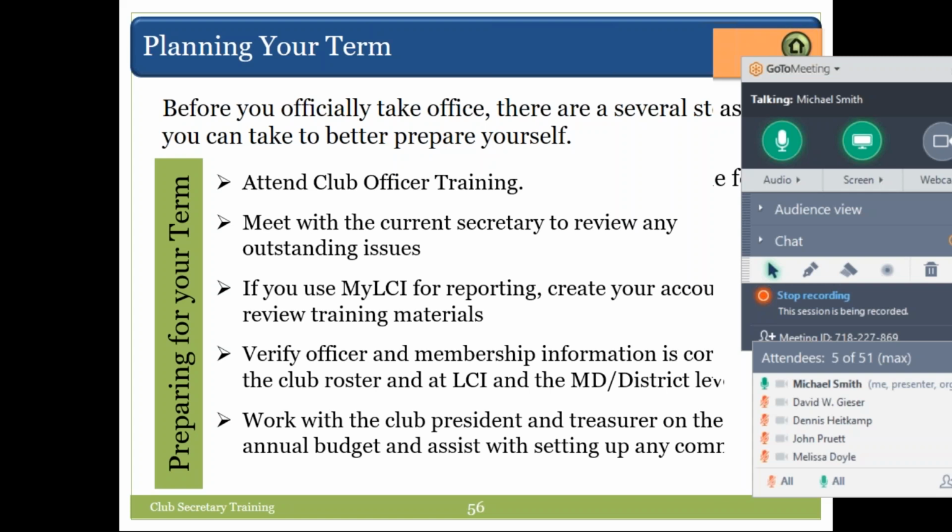And it behooves whoever is in the president's position to have an online email address. You can go to Gmail and create one for your year.